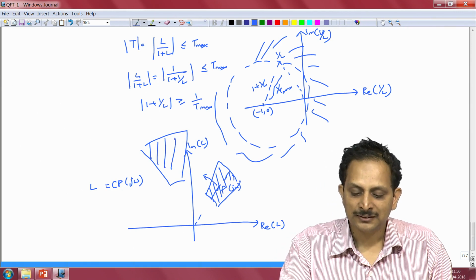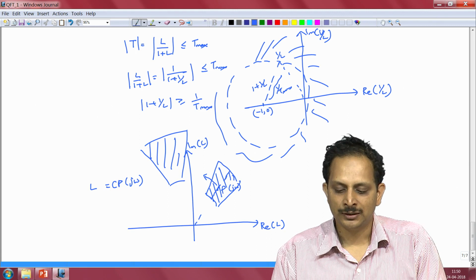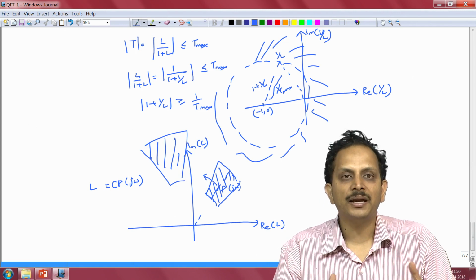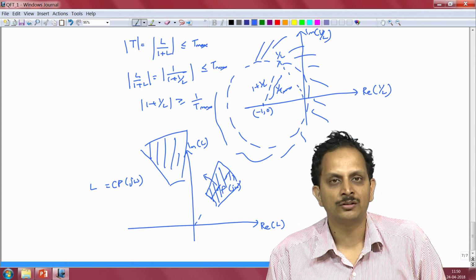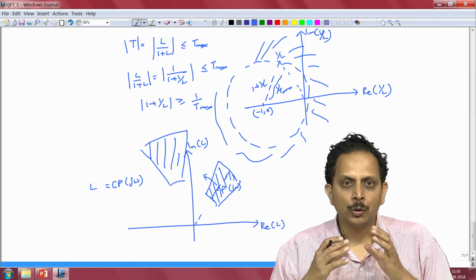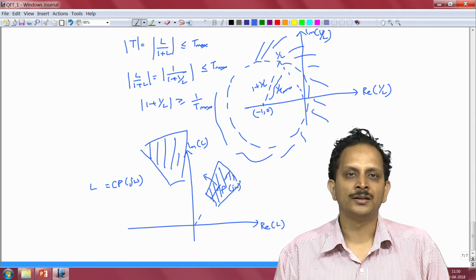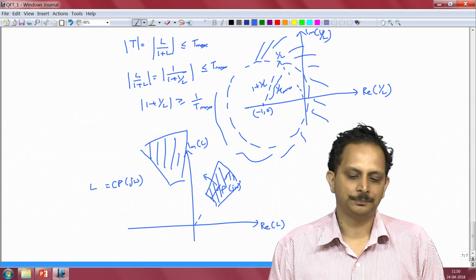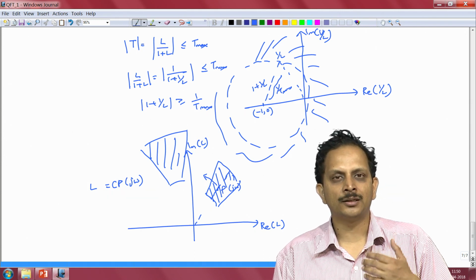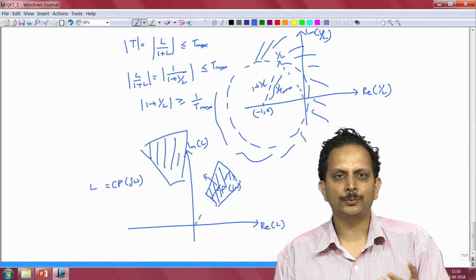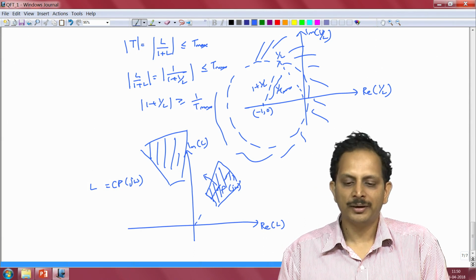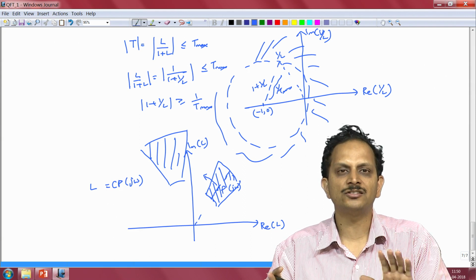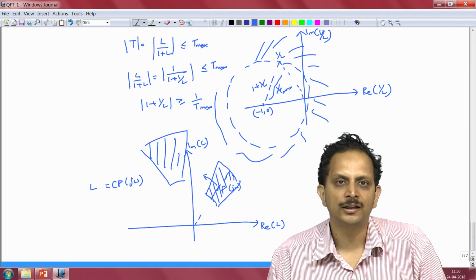Now the fact that the shape of this region within which the values P of j omega can lie can change on account of multiplying P of j omega with the controller transfer function C of j omega is the one thing that makes the Nyquist plot unattractive as far as dealing with uncertain plants is concerned. Apart from that, when it comes to representing the constraints imposed on the loop gain by the stability specifications or the performance requirements, the Nyquist plot is decidedly better than the Bode plot because it clearly indicates the area in the complex plane where the loop gain L is allowed to lie.